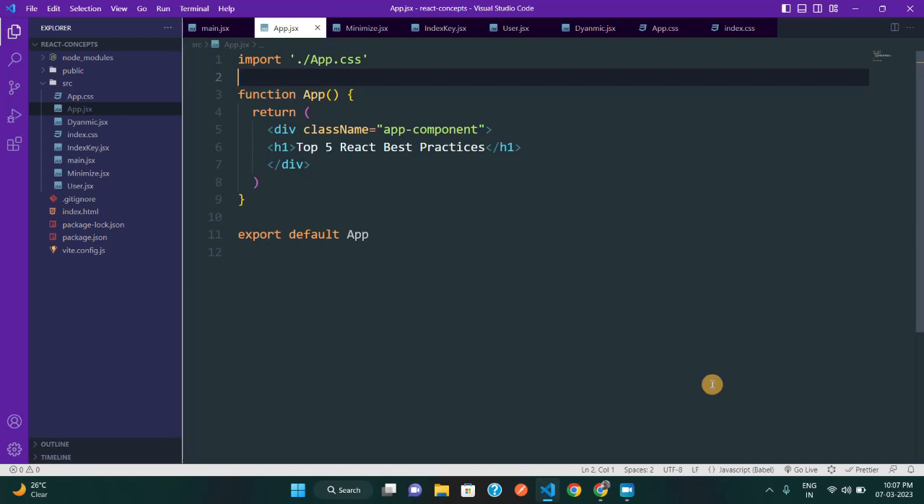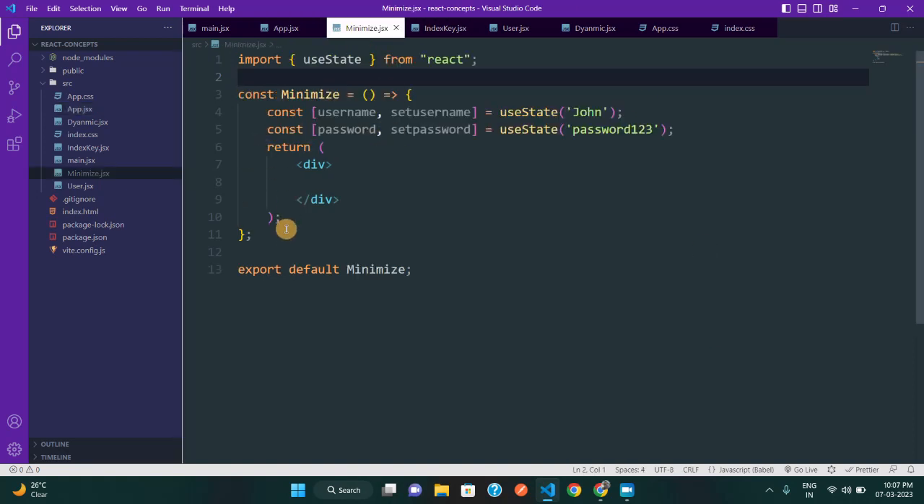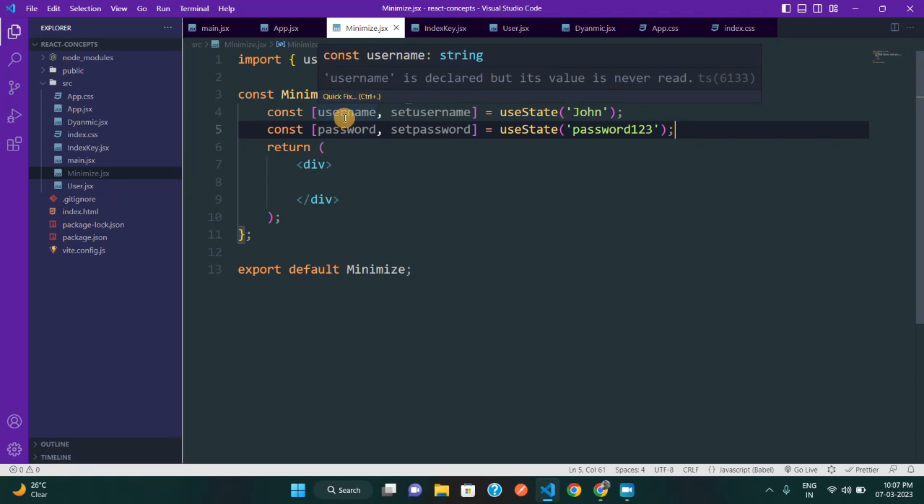So let's start with the first tip, and here as you can see I have created this minimize component, and here I have created two states in this component. The first state is for username and the second state is for password. One of the things that beginners tend to do is create as much state as possible inside their component in order to keep track of their data, which is good. Basically state is for tracking the data,